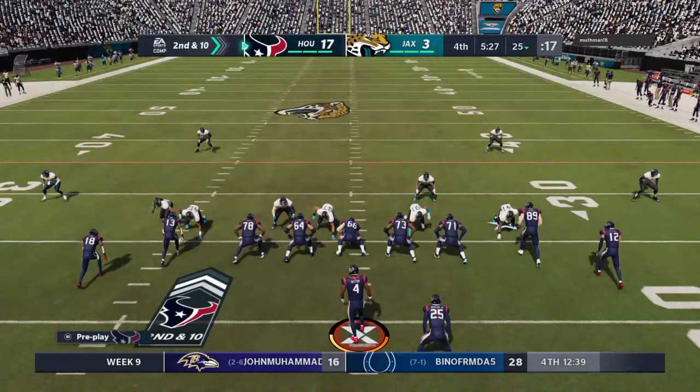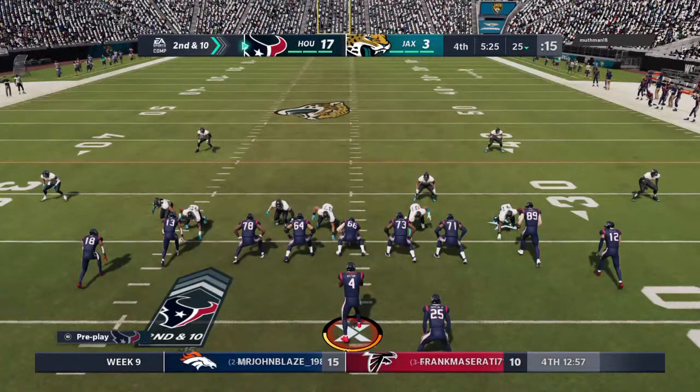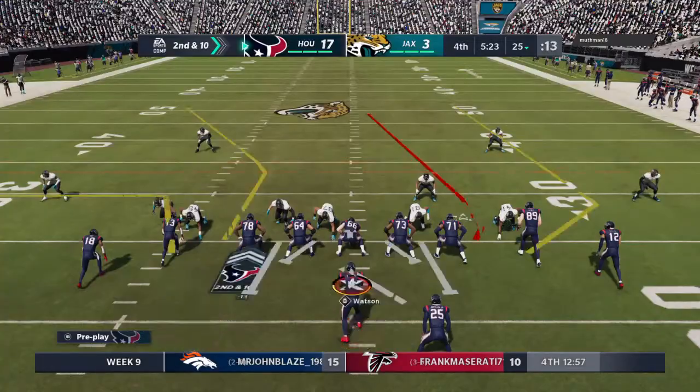47's the mic. 47's the mic. That's right,